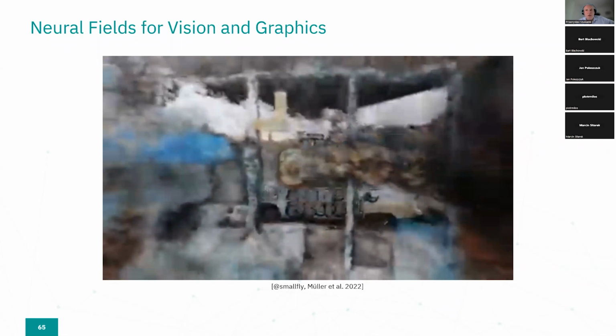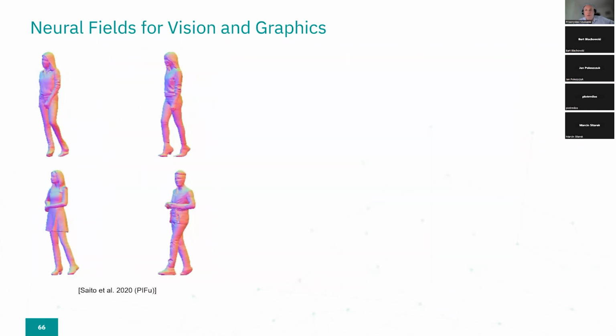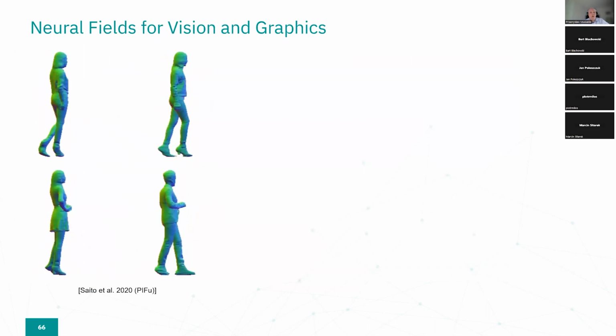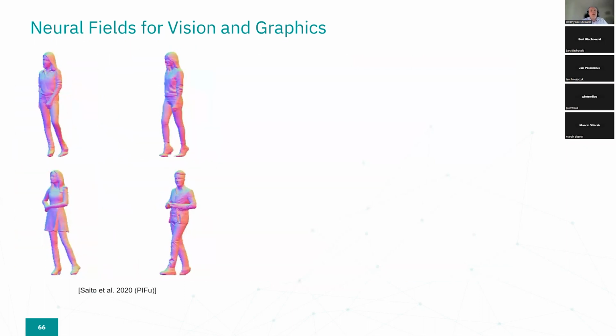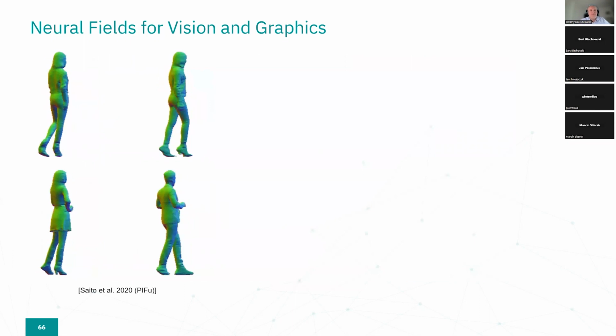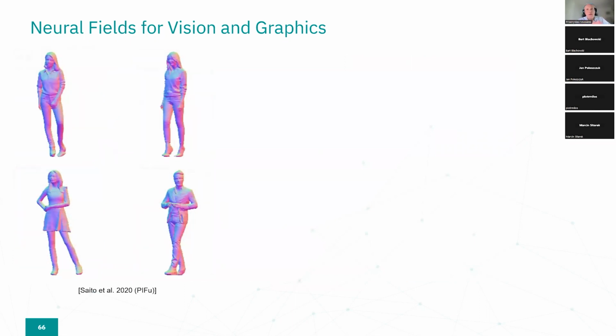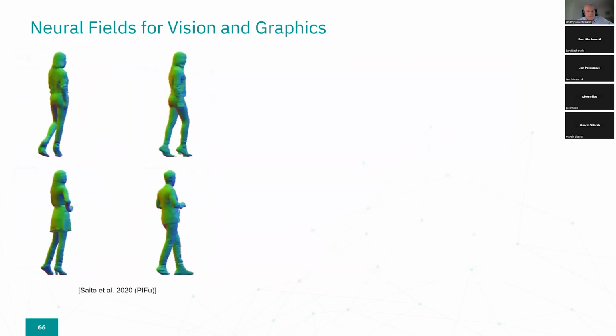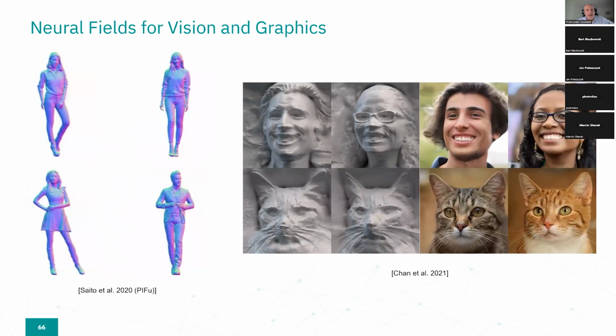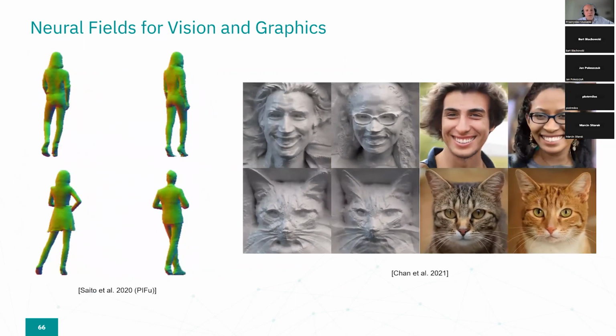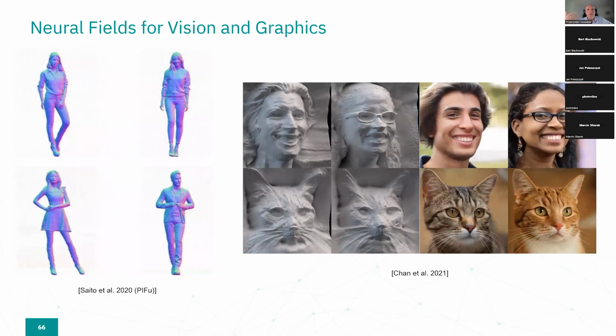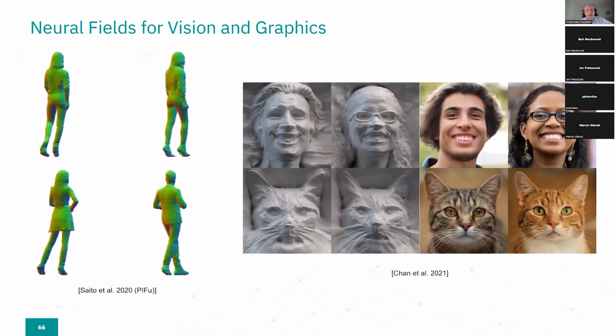So this is a shot that can be created using NeRFs, now created by very amateurish tools. Okay, we can extract normal fields, so the normal vectors on the surface, depth fields from photos. So depth fields, so what's the distance to the camera,